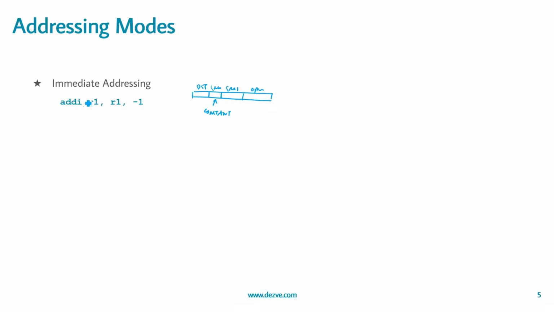So in this case, this is the destination, so this is R1. If we assume this is the first source register, then this is R1, and this -1 would be present here, correct? Now one of these will be connected to R1, and the other end is directly connected from the instruction itself.